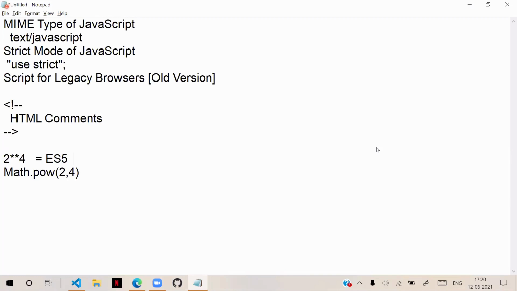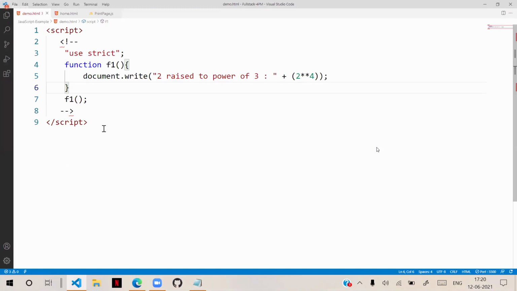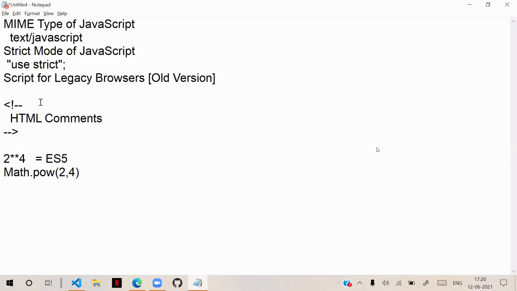Such things, so many are there. So the point is how you tell the browsers that this is advanced code, and if you belong to the legacy type, please try to translate. We have to write our code in this HTML comments. This is actually a script for legacy browsers, old version browsers.